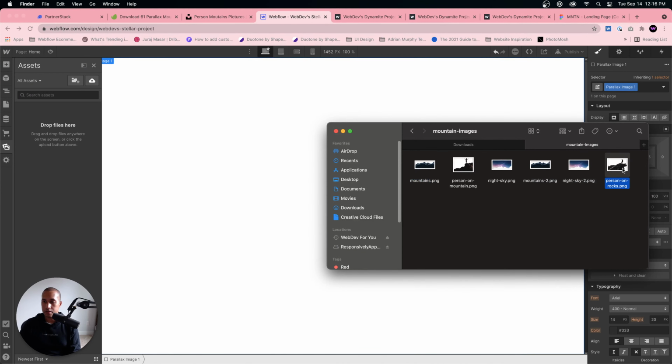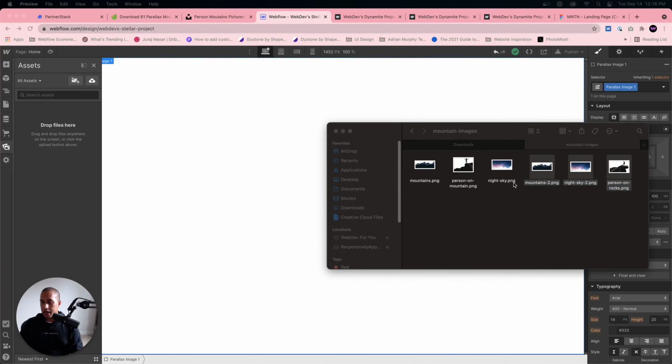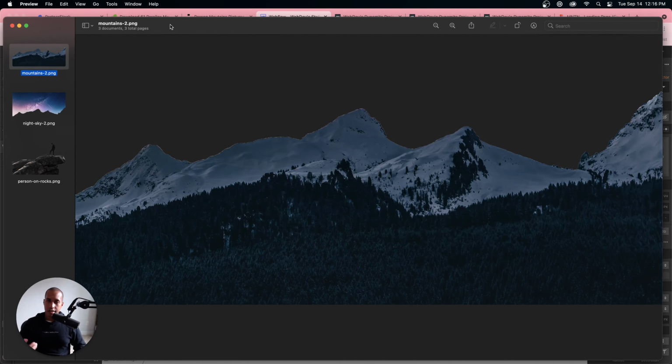So it's this one, and this one. Oh, they need to be compressed and resized as well. So I'm just going to open with Preview. And if you've seen this in my previous videos, I kind of go over this. I like going over it because it is an important piece of website building. Far too many times I've seen users with really large images,